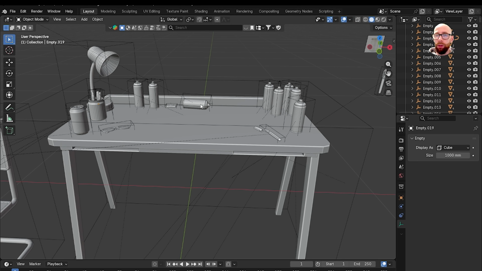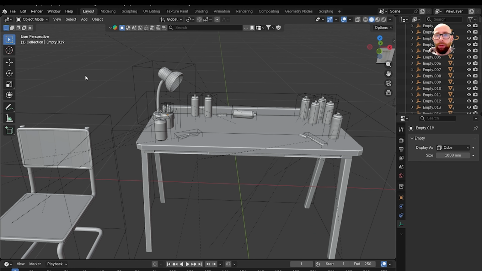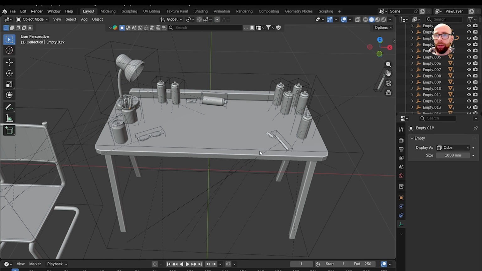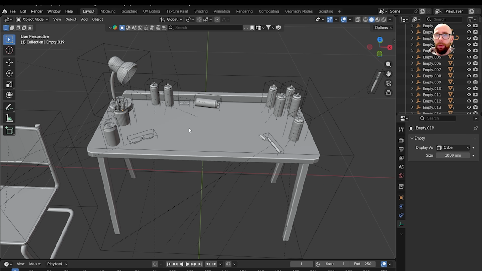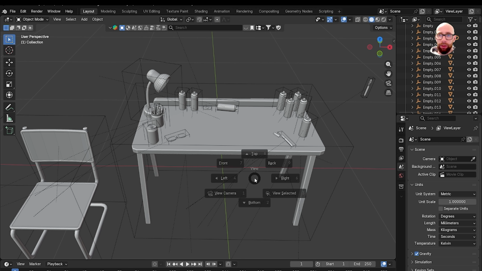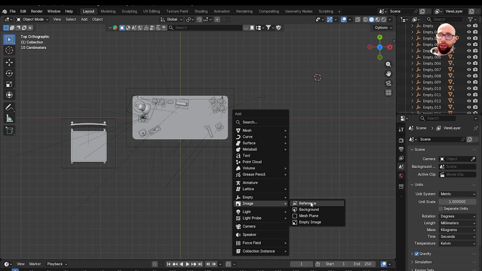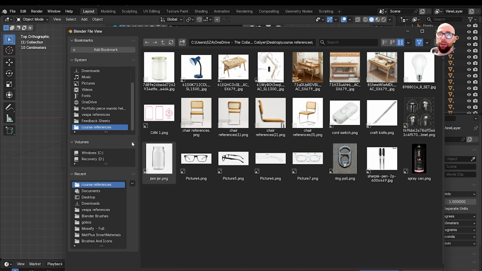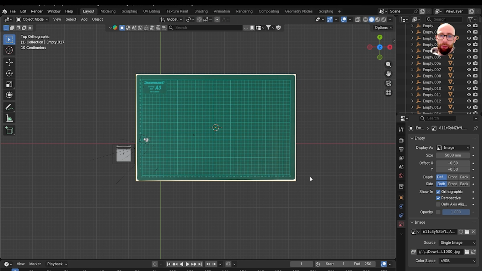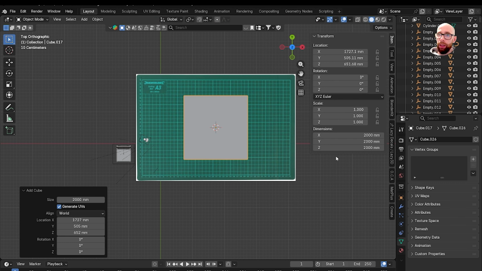Okay, so once we've done that, the next thing we're going to have to go do, I'm going to give this a quick save. So we'll do it all in one video because actually it's going to be quite short. So we'll do a little cutting mat and then we're going to do a craft knife as well. So let me just, again, save that. Okay, so let's do a cutting mat. We do have a reference image. We'll bring it in, but it is a very simple thing to do, but let's still bring it in. And then what we're going to do, Shift A, mesh cube,